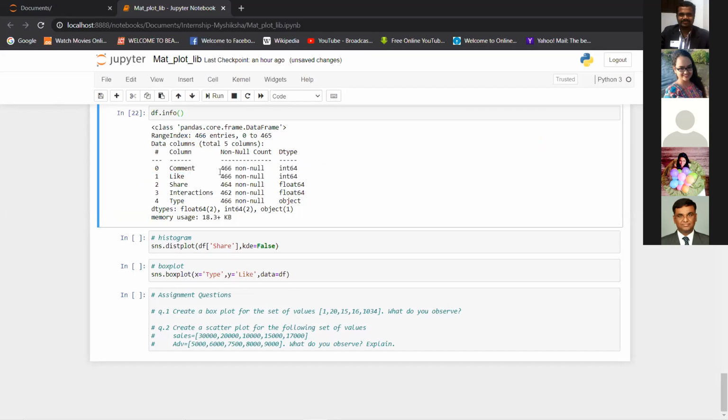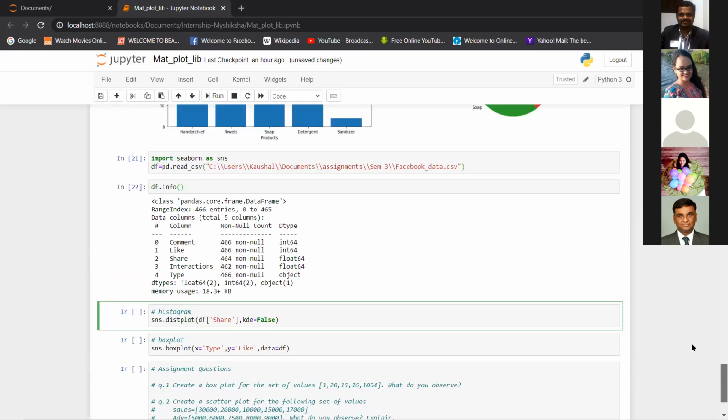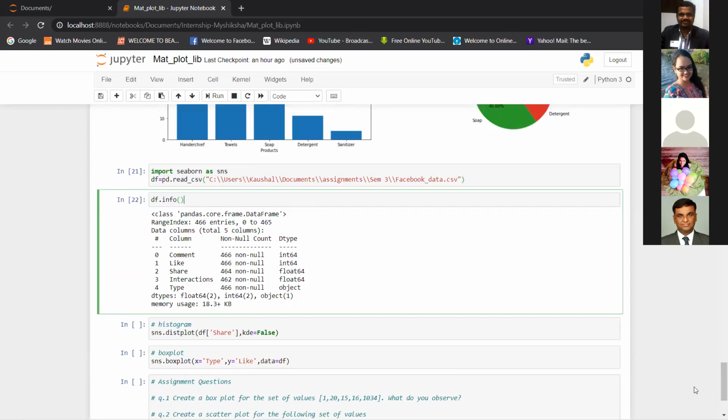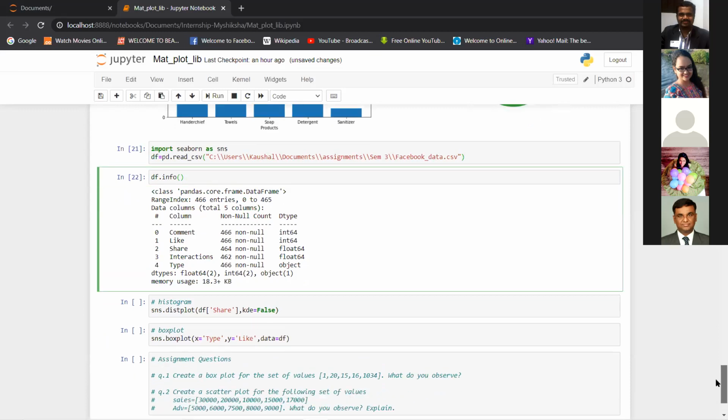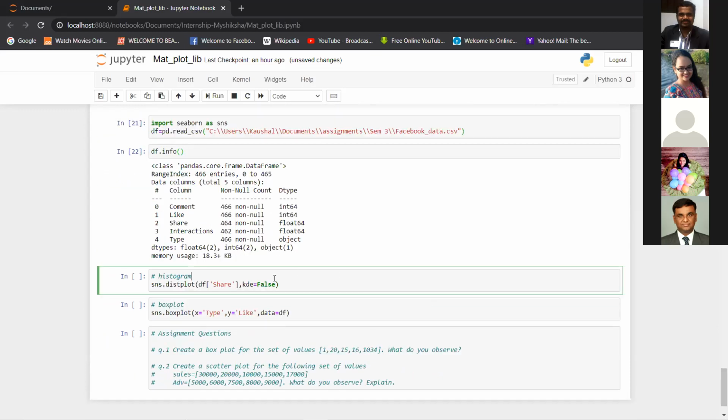These are the columns, and there are 2 null values in the share column, because generally there are 466 values, and there are 4 null values in the interactions column. Okay, so let me know if you have come till this point.